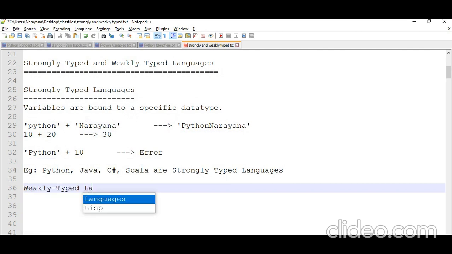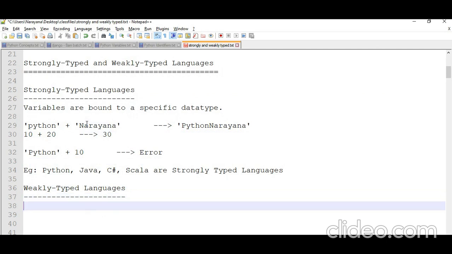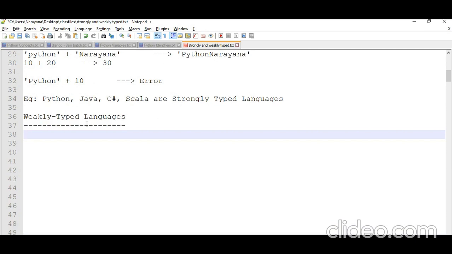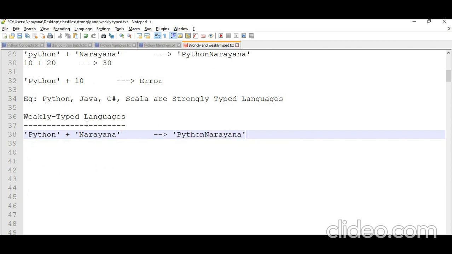Weakly typed languages, right? In these languages, if I try Python plus Narayana, it will accept and display Python Narayana.